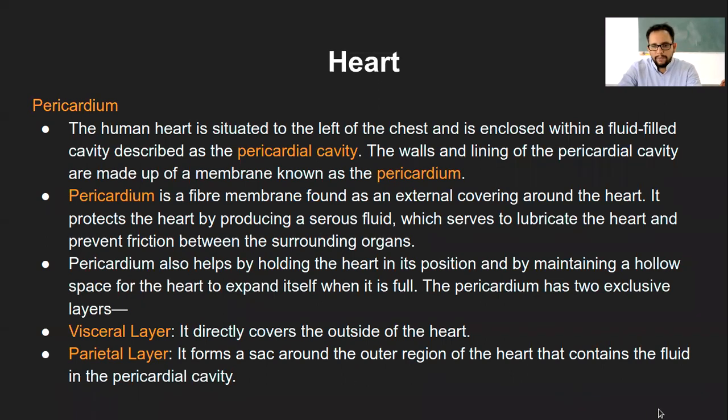So if we move from outermost to innermost, the first one you will have is the parietal, then the visceral, then epicardium, mesocardium, endocardium. That is the distribution of the layers, and then you will enter into one of the chambers, right? Whether it's a ventricle or auricle or atrium. But the outermost is the parietal, then visceral, and those are the parts of the pericardium, and then you will enter into what we call epicardium, mesocardium, and endocardium.